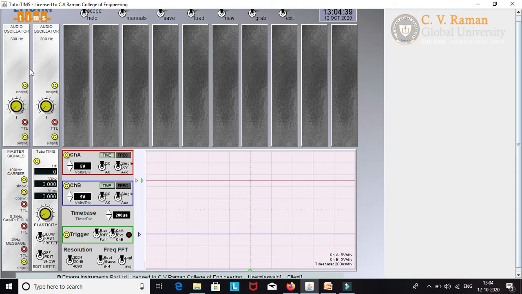So here you can take message signals of 1 kilohertz and 2 kilohertz respectively. So how will we change the frequency? Simply by varying the knob here. So if you see, when I am varying this one, at the upper point here you are getting the frequency. So you adjust properly so that you can get a 1 kilohertz signal here. So in the same way we will go for the second signal. Suppose I will go for 2 kilohertz.